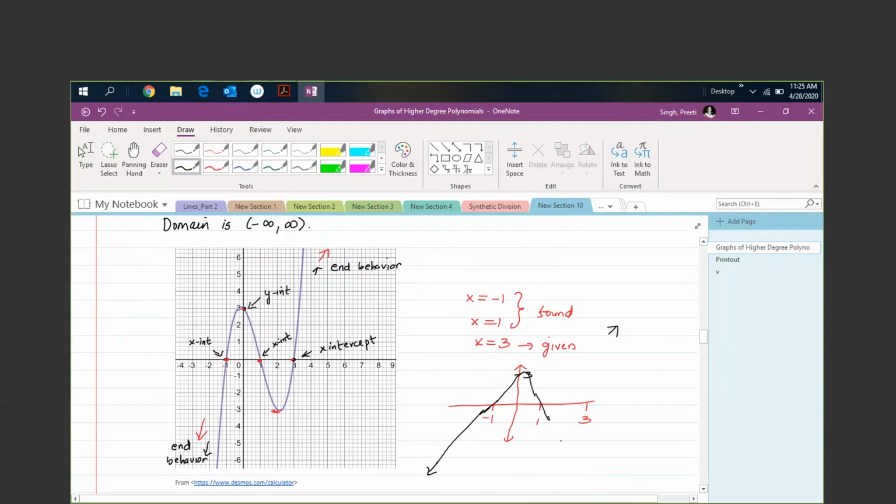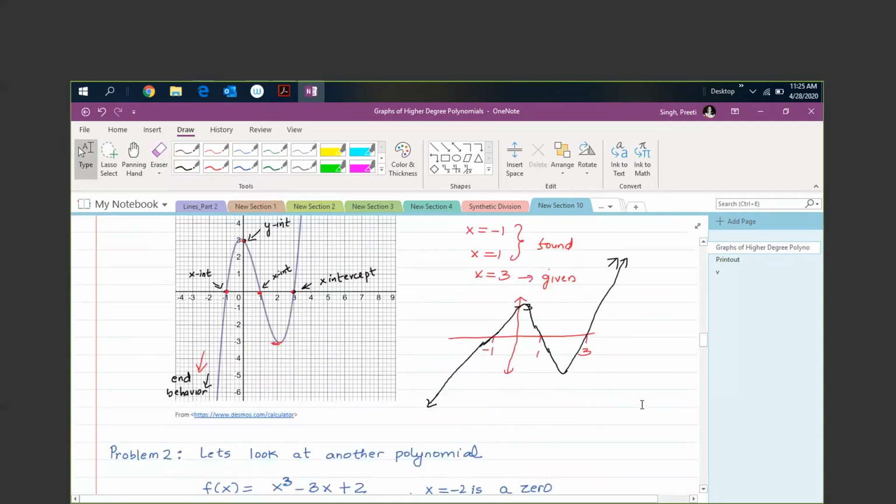And then it has to turn somewhere in between and then cross 3. And at the end, it has to go this way. Okay. So when we ask about rough graphing, this is a rough graph of this function. Now, from this particular graph, you can actually tell me the zeros. Now, the question could be reversed, and I think I will be giving you the reverse version. The reverse version meaning factor this,